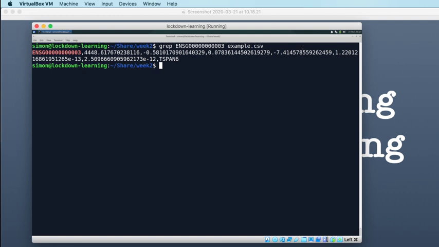So ENSG 00000003. Okay, so there's the results for that particular ensemble gene ID. And the match between what I gave as my pattern to grep and what it's found in the file, that match is highlighted